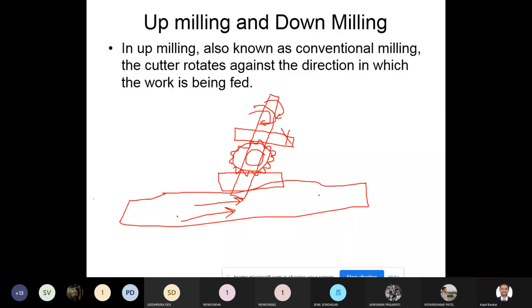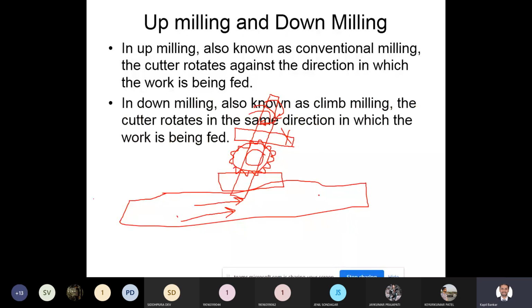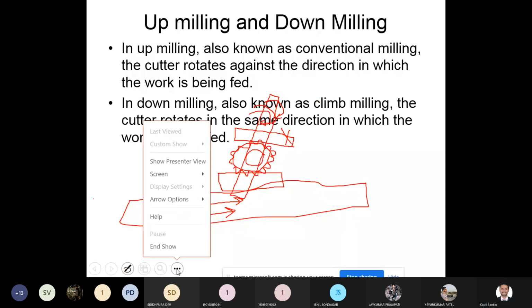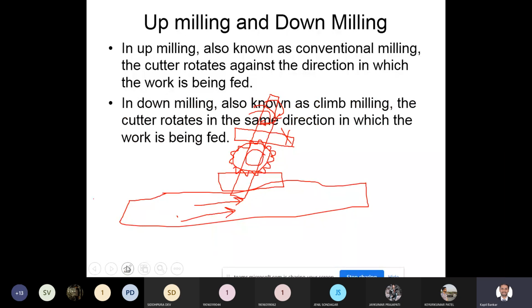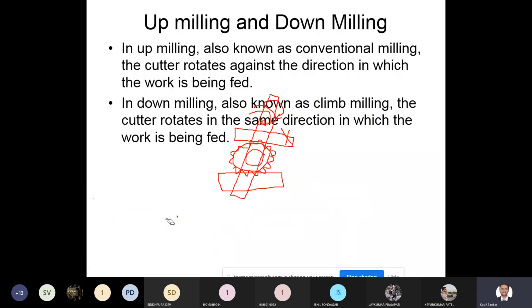Now in down milling, what happens? It is also known as climb milling, and the cutter rotates in the same direction in which the work is